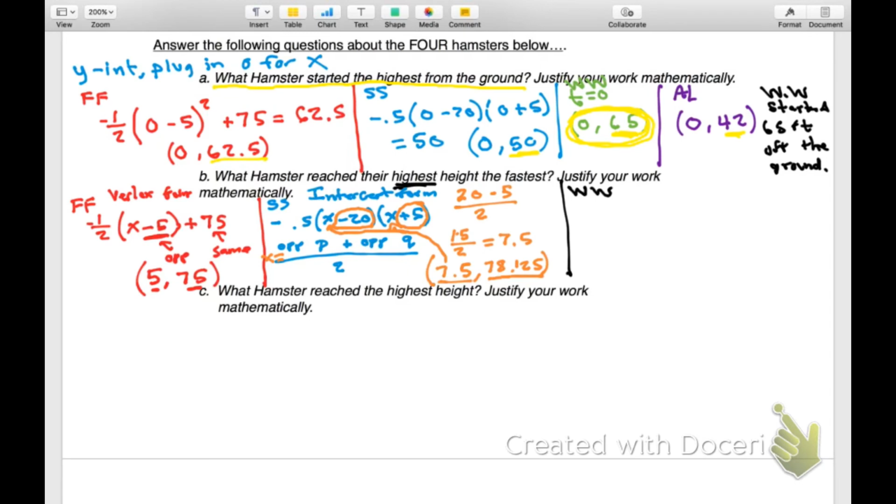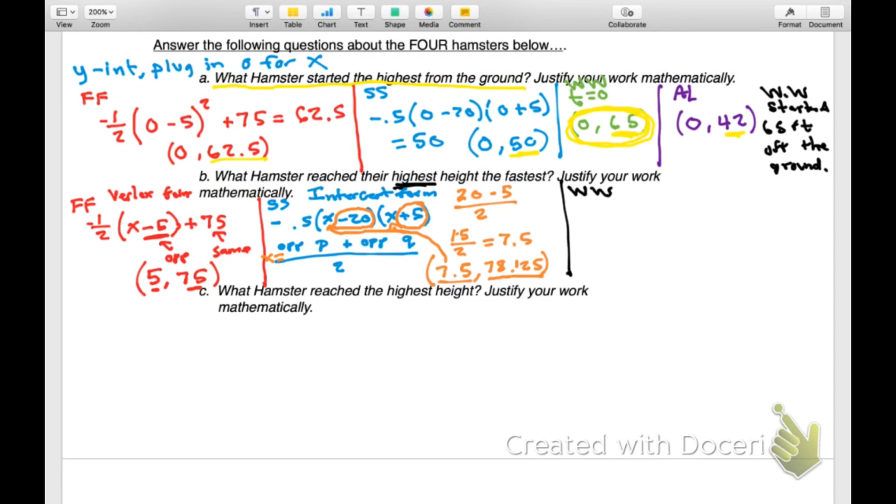At 0, he's 65 feet. At 2 seconds, he's 73 feet up in the air, which is the highest height value for this hamster. Then at 4 seconds, he goes back down to 65. So we know, because he goes from 65 up to 73, back down to 65, 73 is going to be